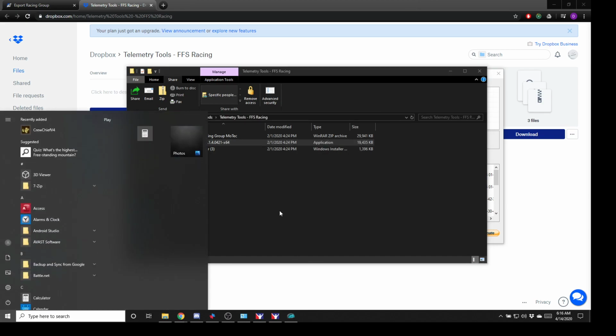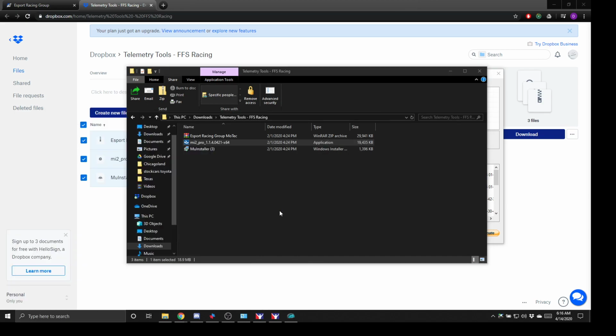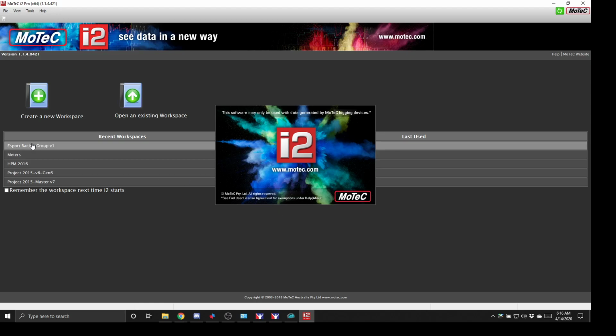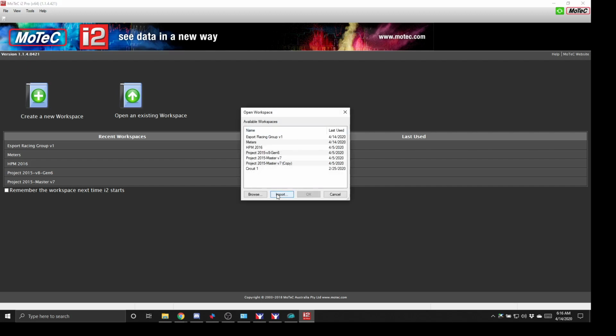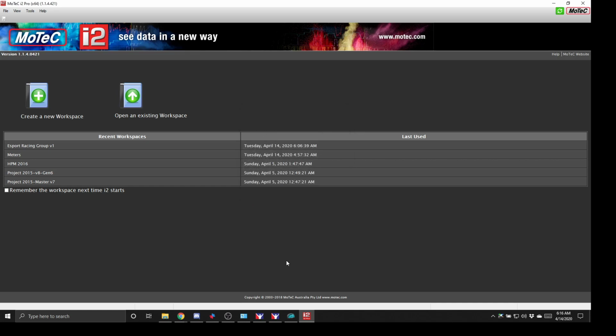So now if I go and I open Motec, I can pull it up, and you see I already have some workbooks there. So what you're going to do the first time is want to click Open Existing Workbook, and you're going to want to click Import. I am going to see if no, I can't delete these. Anyway,